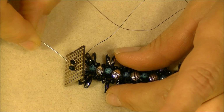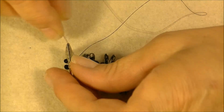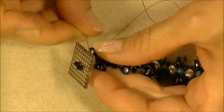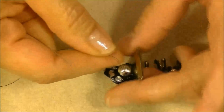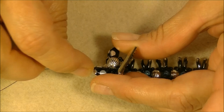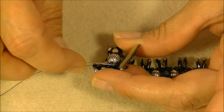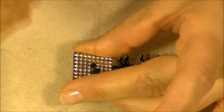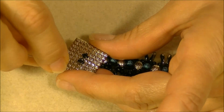So you're going to bring your crystal onto your thread, go around it, go down into your button, go down into the 11-0 seed beads, and then go down into your main bead again, not your button. And then I'm just going to do the same thing again, sewing around my established bead. So now I'm on the other side of the bead. I'm going to go back up through the 2 little 11-0 seed beads and the button and pull my thread through, and then I'm going to go back through my crystal